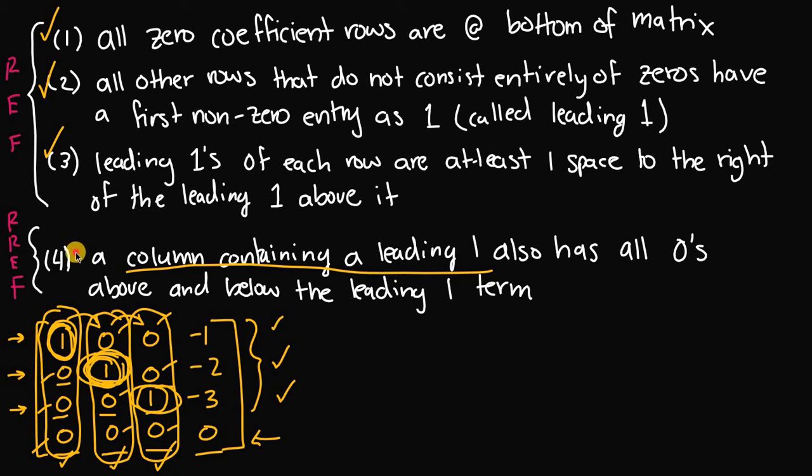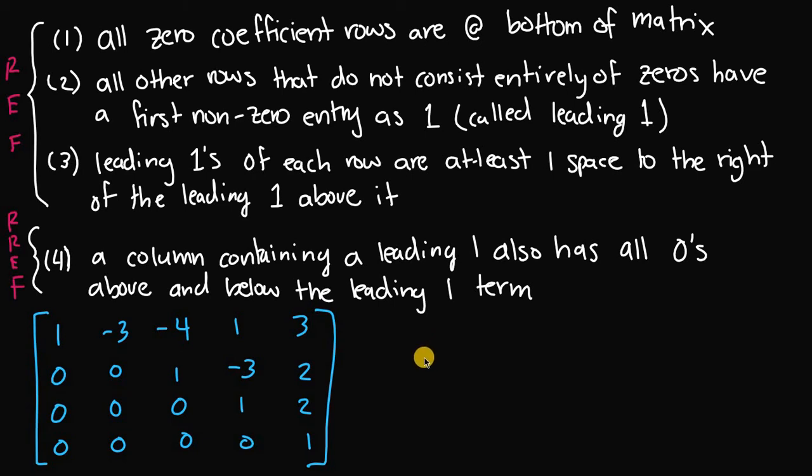So since this matrix satisfies all 4 rules, we say that this matrix is in reduced row echelon form. Let's go ahead and check out another example. All right, let's say we have this matrix. This is a 4x5 matrix, 4 rows, 5 columns, and we want to find out if this is in row echelon form, reduced row